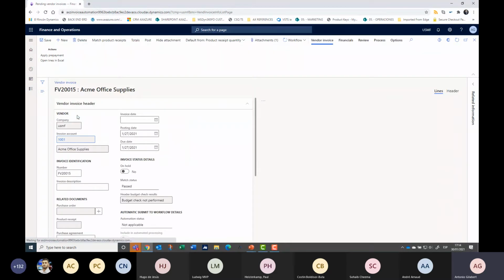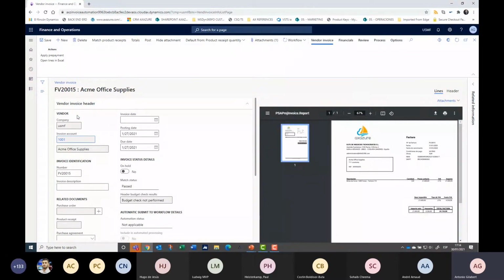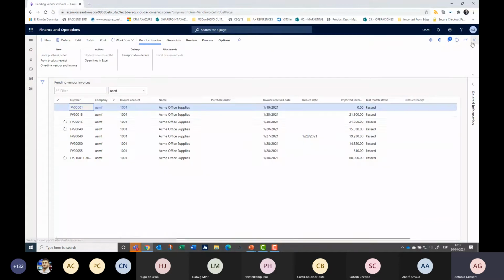What has happened here? On the left side you can have all the information that has been uploaded in the system, and on the right side, the physical invoice from your vendor. So it's really easy to see if everything is okay for starting a workflow process. Even, as we said at the beginning, simulate posting, if you want to match in detail. And there is, of course, the possibility to start the workflow manually.